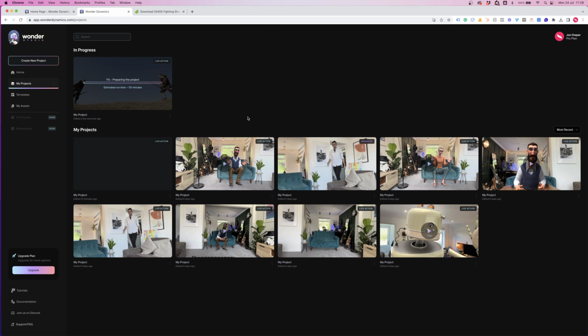Now it does take quite a long time for Wonder Studio to process the footage. So this was just a 5-second clip, and it's estimating 131 minutes to process the footage, which might seem like a long time, but to be fair, it is doing a lot of heavy lifting. It's tracking the scene, rotoscoping, painting out the backgrounds, providing 3D data, and it typically does a very impressive job. So we're going to leave that here, and you can close the website and come back later and download the assets once ready.